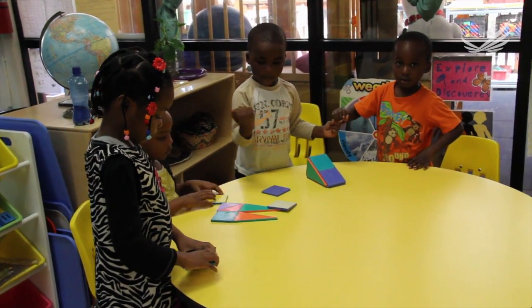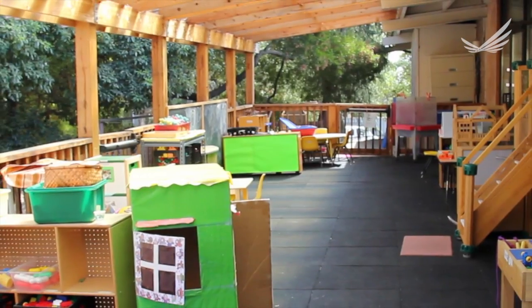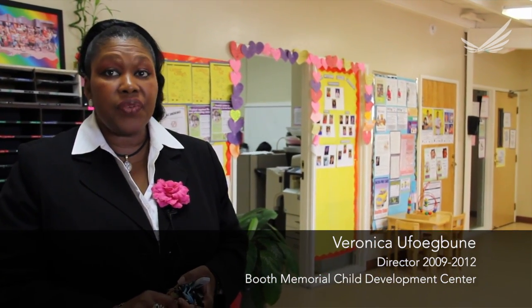The investment that we made in Booth helped improve the floors, the sinks, play space for the children, and the garden. I got here May 2009. The floor really was unfriendly, filthy at the time, and needed some help. I knew that the first thing was to get it deeply cleaned. We cleaned it and cleaned it, yet children and staff's asthma was flaring up and everybody blamed the carpet,